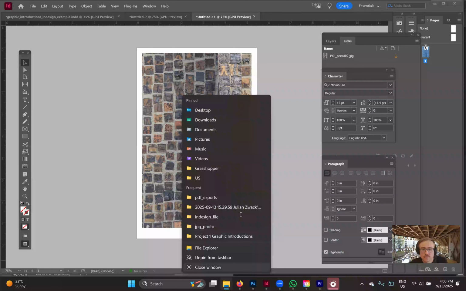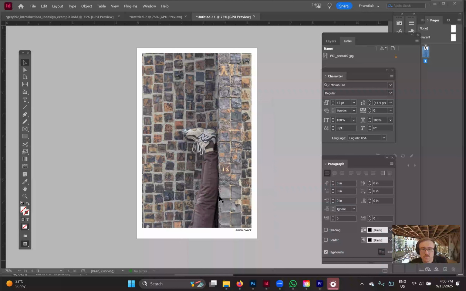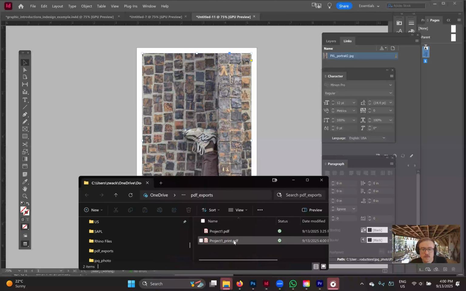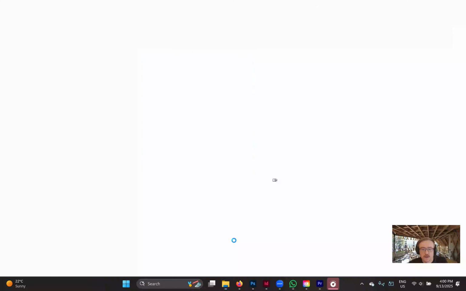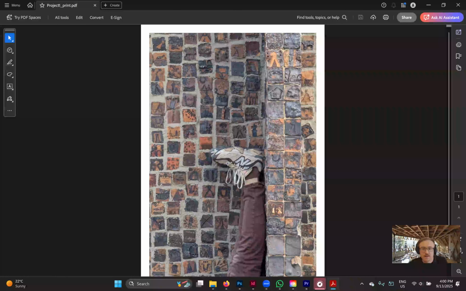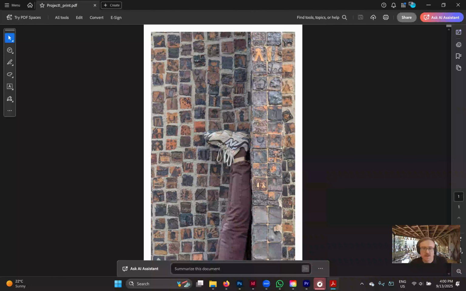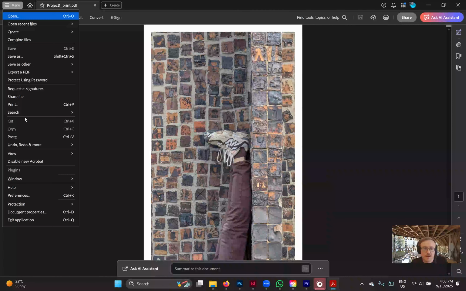Then we go to where those were exported on your computer. Open that PDF file, and then you want to open it in Adobe Acrobat, okay? So this is going to give you the best quality for printing by exporting it as a PDF at the full resolution, and then going here to the menu, print,